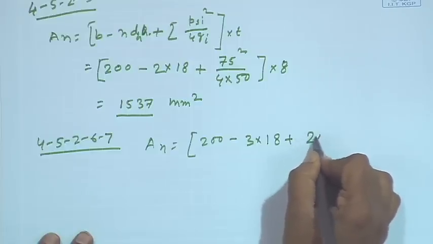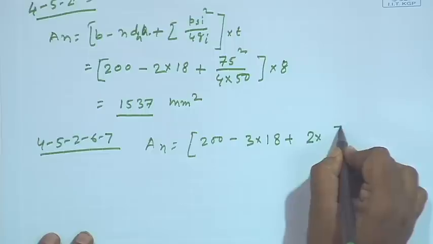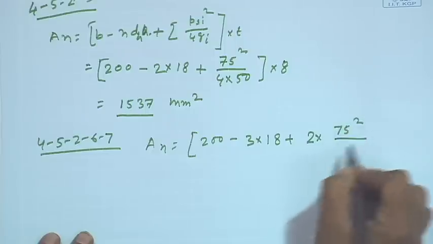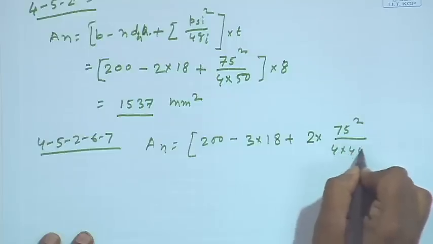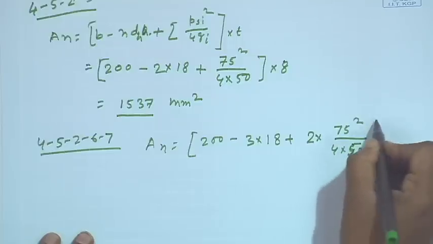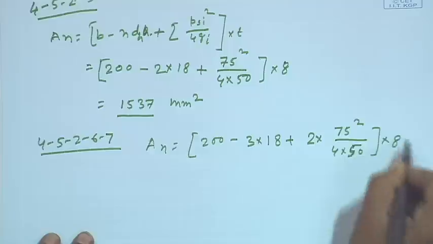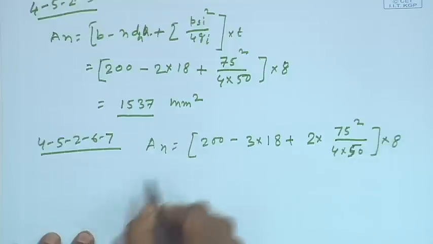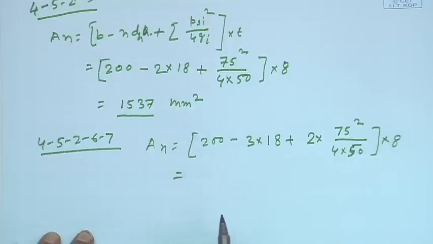So, 2 into psi, psi value will be 75, and 4g is 50, into t. So, I can find out this value as